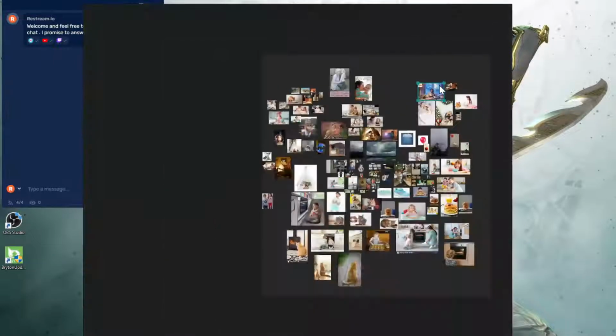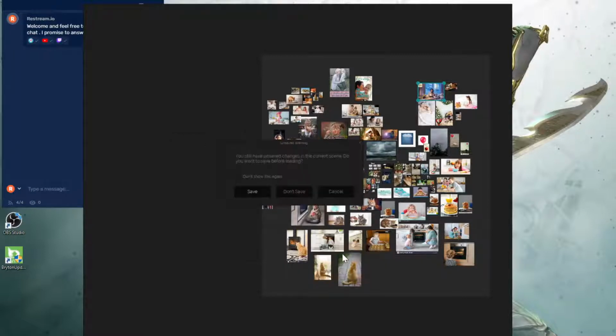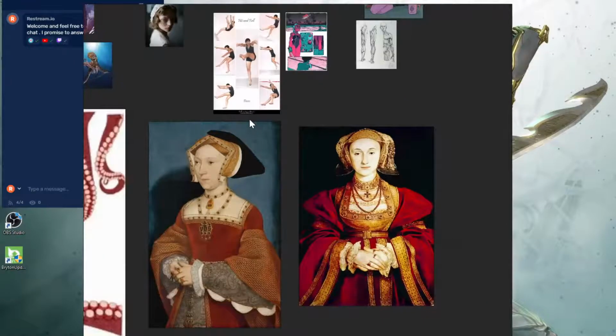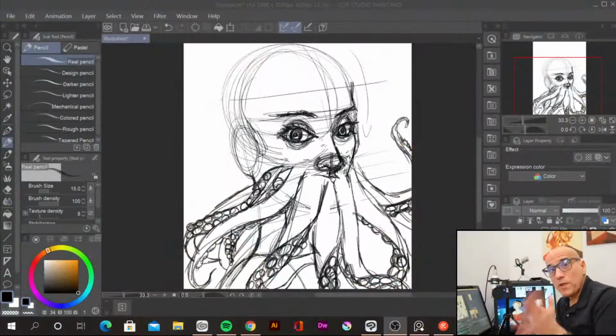Everything I need is here. So this is pretty much a mood board, but not only a mood board: it's whatever I was using.